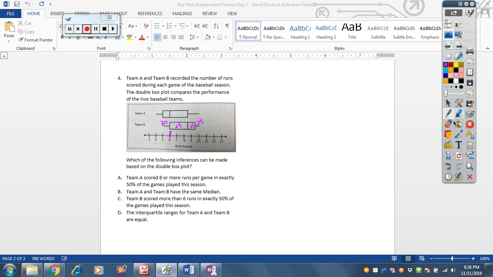And D says the interquartile range for A and B are equal. So interquartile range, you have to subtract the top number in the box minus the bottom number in the box. So for team A, the interquartile range is 8.5 minus 5. And for team B, you're going to subtract this number, I would call that 9.5, and this number,